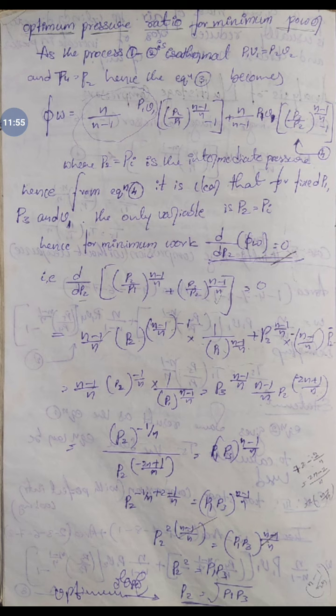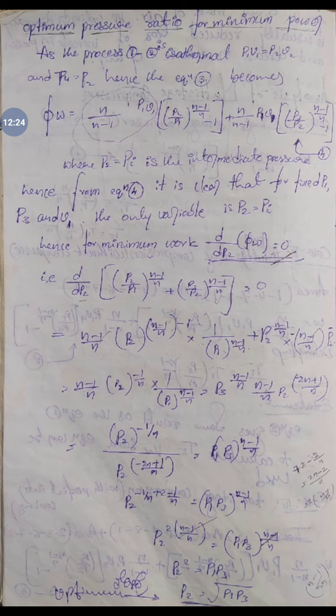Okay, why I have taken P1 V1 for the second case: since it is an isothermal process taking place from 1 to 2, P1 V1 will be equivalent to P2 V2. So instead of writing P2 V2, I have written P1 V1 from equation 3. Where P2 is nothing but the intermediate pressure, so it is written as P suffix i. Let us take the above equation as 4.